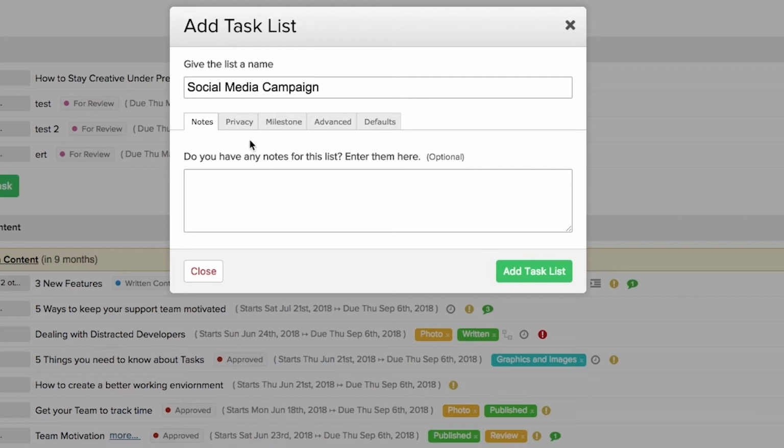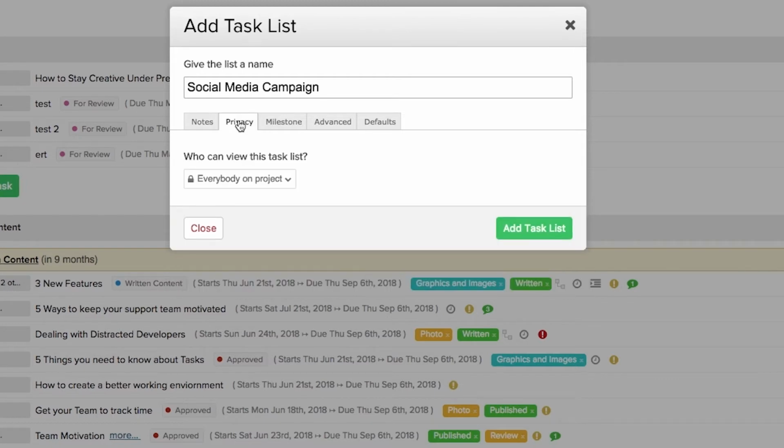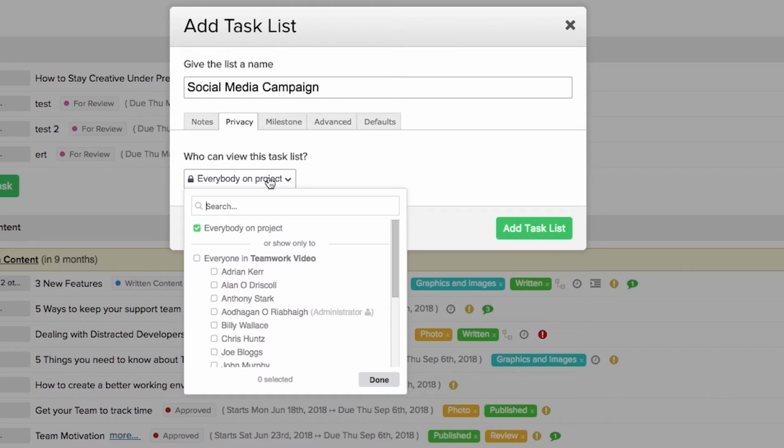And looking up here now to the Privacy tab, we can select who exactly can view this task list. So currently this is everybody on the project. However, we can limit the number of people who can view and use this task list to only those users that we specify. So let's say that I only want Adrian, Alan, myself, Billy, and Chris to have access to